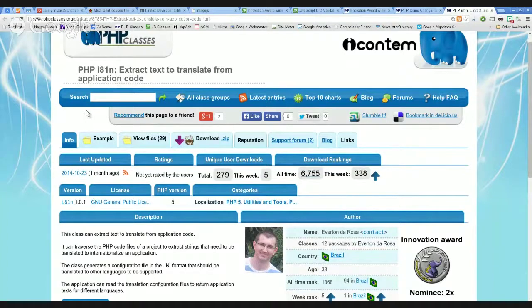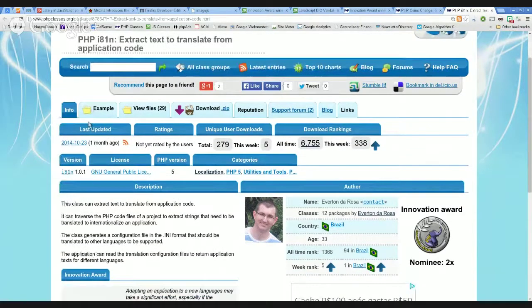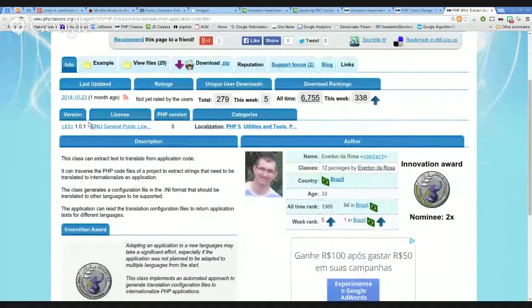It should be PHP i18n, which means PHP internationalization, and this package is interesting because sometimes when you want to prepare your package or your application to deal with